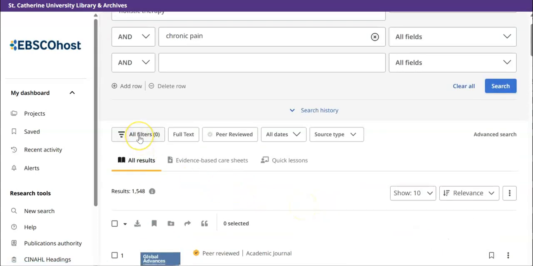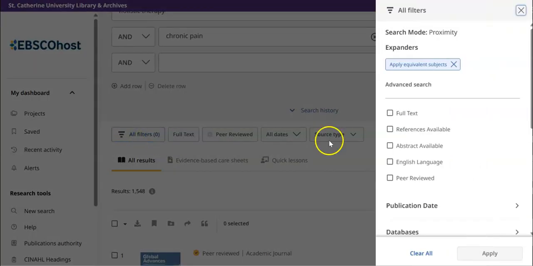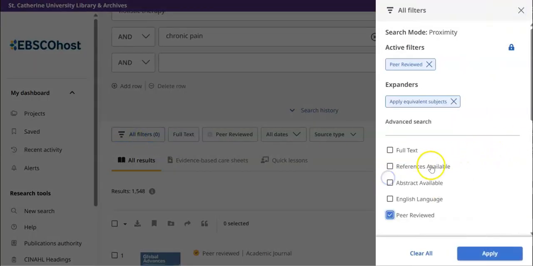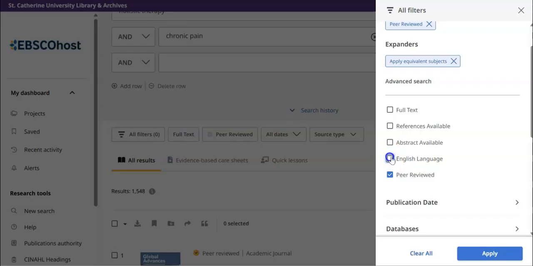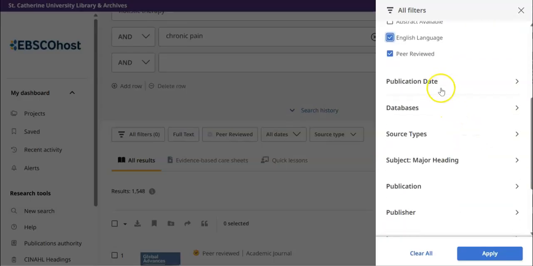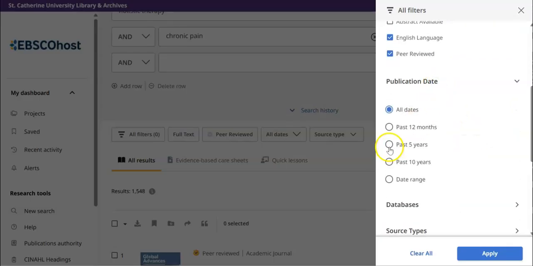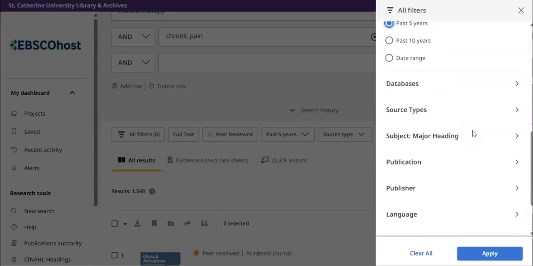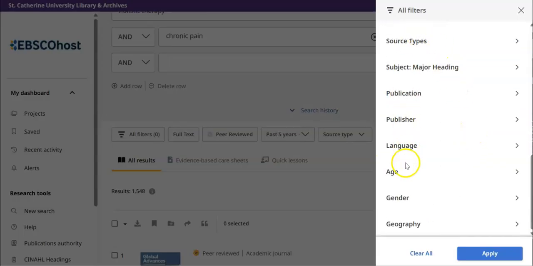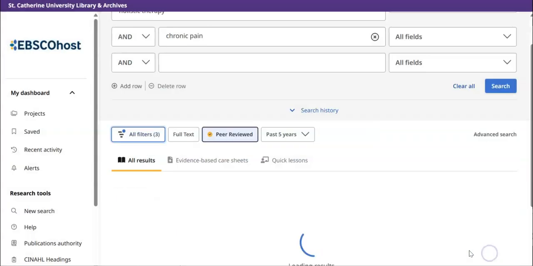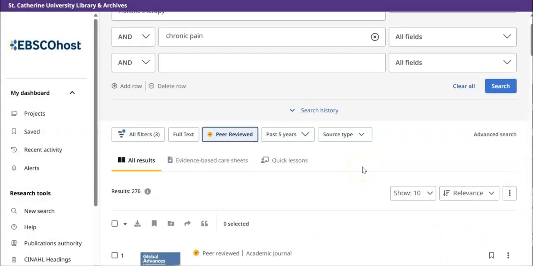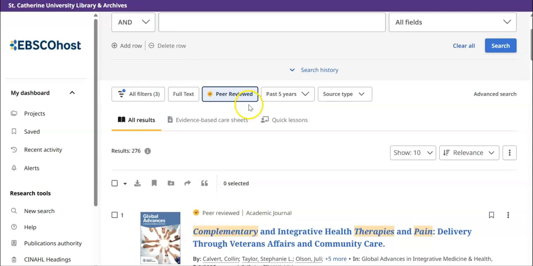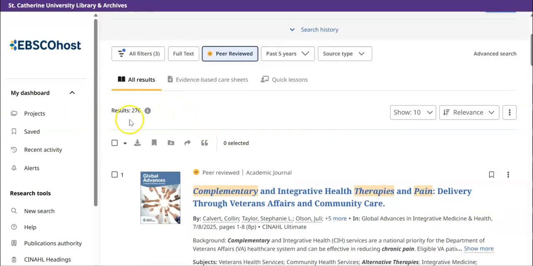I could apply some filters to this search if I like. I could limit to just peer-reviewed articles or just articles that are in English. I could also limit by publication date, maybe to things published within the last 5 years. And there are a number of different limiters that I could apply: age, gender, geography, etc. For now, I'll just apply those two. So that you can see that it's applied these two limits to my search,